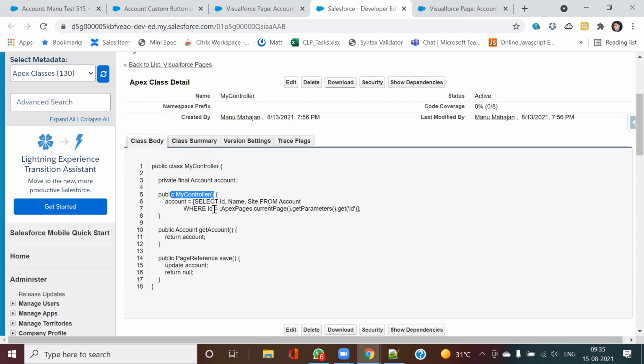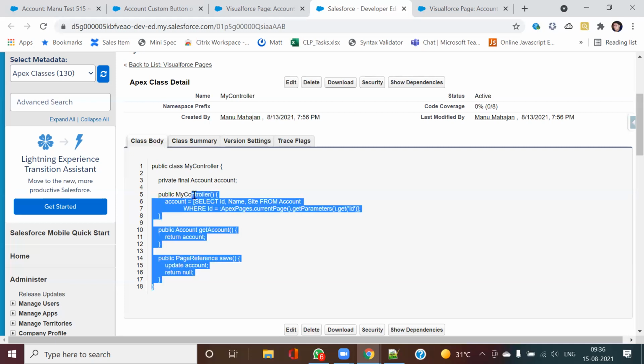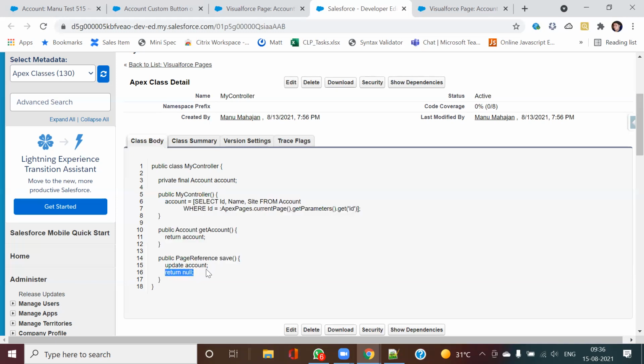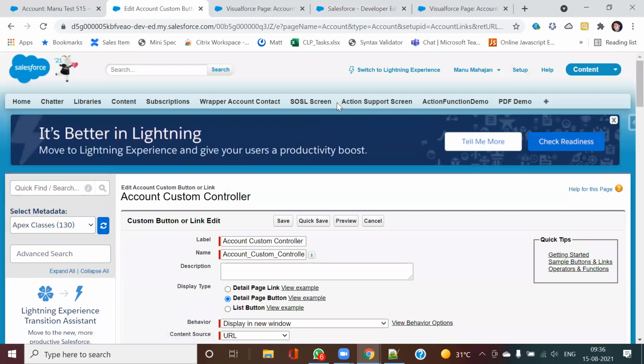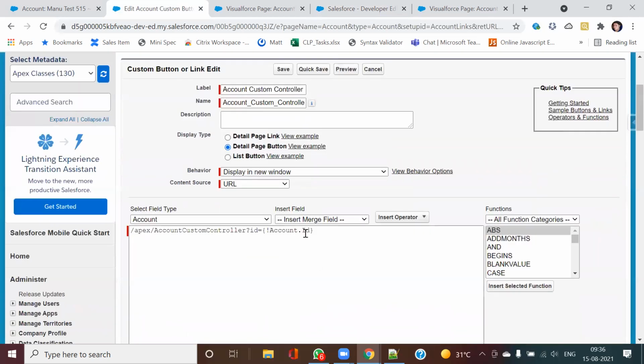So now how have I got my account ID to use? Here, if you see, I have done this: ApexPages.currentPage().getParameters().get('id'). Based upon this, I am getting my account record. And after that, I have this button save, and I'm updating it and setting the page reference to null, to remain on that same page. So how this part has been done is the main thing that we need to note. Now in case I go to my button here, you will notice this is same as the detail page, but the content source I have changed.